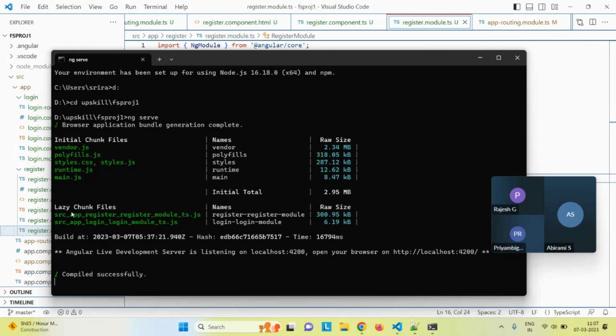The advantage of lazy loading is, as I said, lazy chunk loading. That means these are all compiled and waiting. Whenever the module is called, at that time it will get loaded, so that the initial loading time will be much faster. These are some of the important concepts from the perspective of